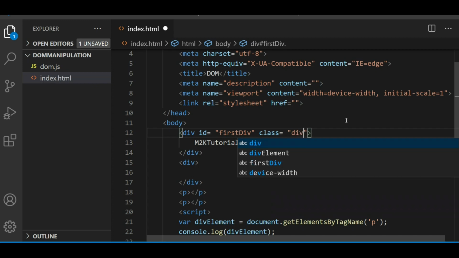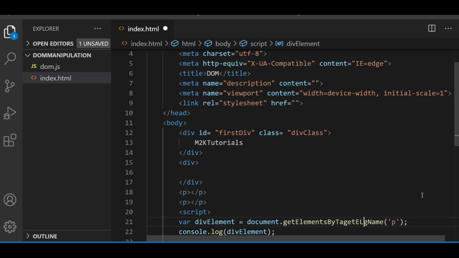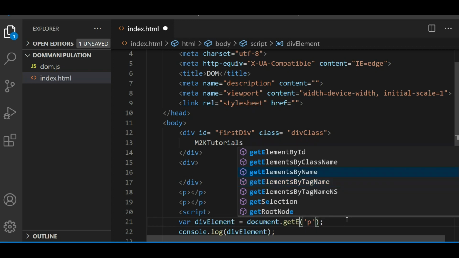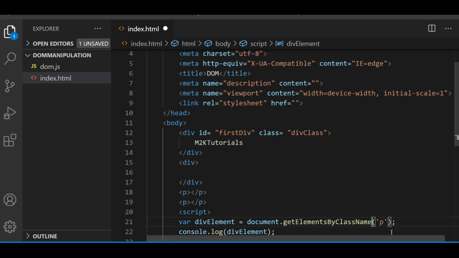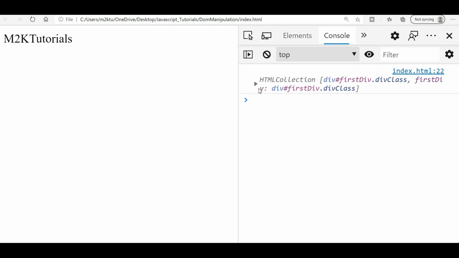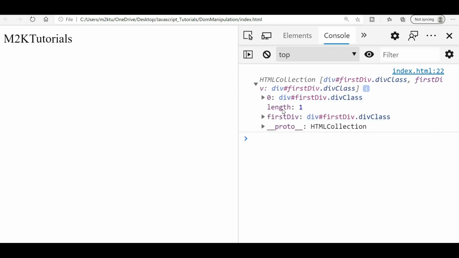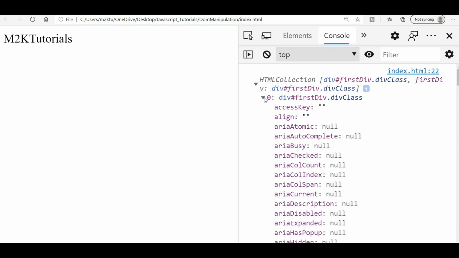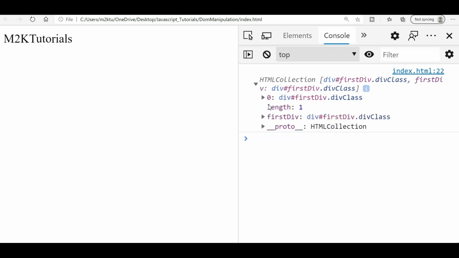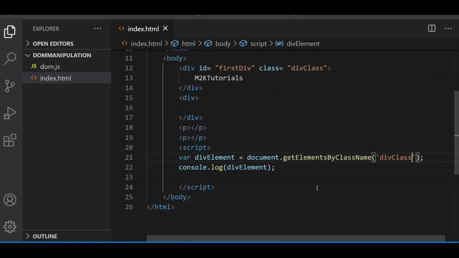I can use the method getElementsByClassName, then put this class name and refresh, and you will again get an array, because if you have the same class on 2 or 3 elements, it will return those 2 or 3 elements. So you can use getElementsByClassName as well.